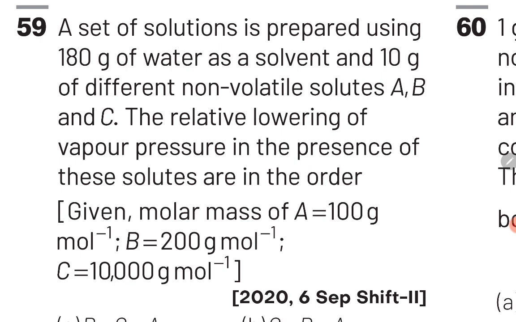Guys, in this question, we need to use the concept that colligative property is directly proportional to number of moles of solute. The colligative property that we are going to analyze is relative lowering of vapor pressure and this will be directly proportional to number of moles of solute. हमें पता है that the formula for relative lowering of vapor pressure is equal to mole fraction of solute. तो इसका मतलब स्टूडेंट्स, जिस सोल्यूट के नंबर ऑफ मोल्स ज़्यादा होंगे उसका रिलेटिव लोअरिंग ऑफ वेपर प्रेशर ज़्यादा होगा.